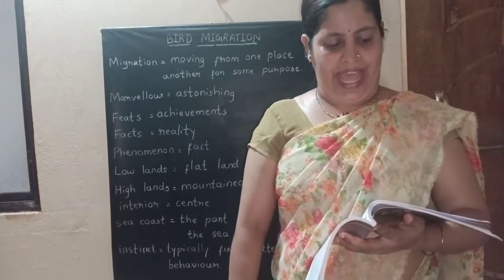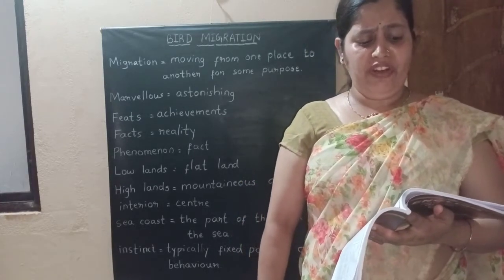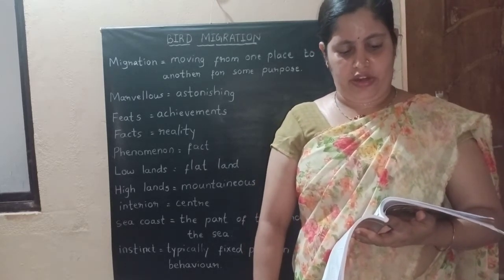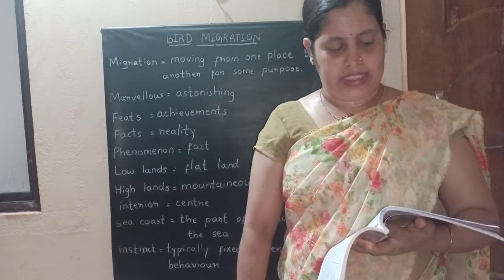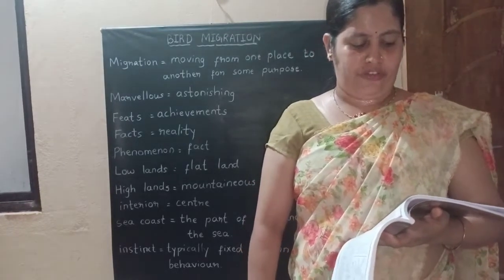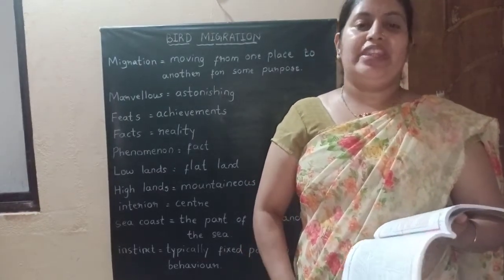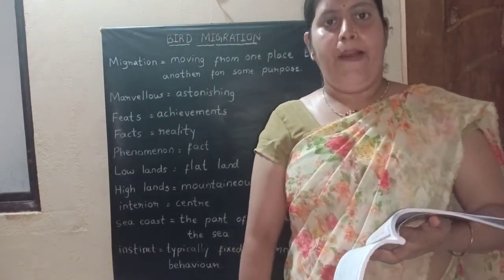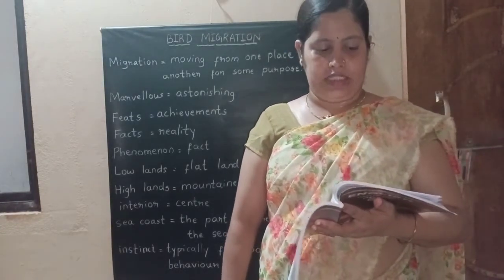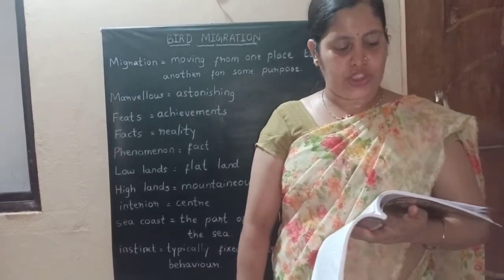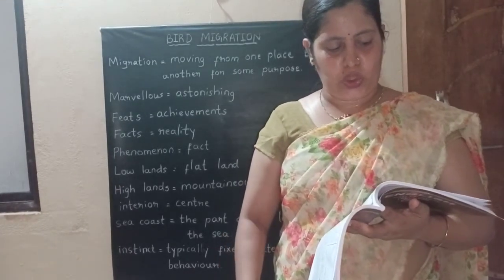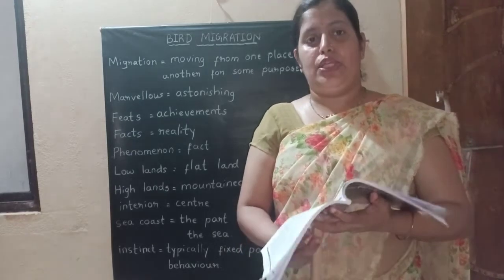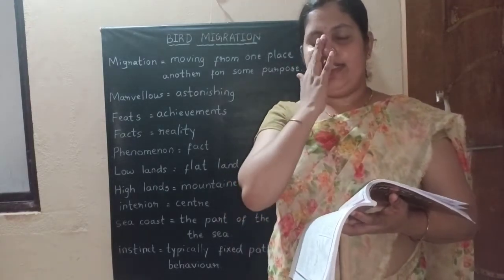So there is one activity. Before reading the text, work with a partner and answer the following questions. Base your answers on your knowledge of the topic. Okay, this I will give you as a homework. Discuss with your parents. Okay, children, discuss with your parents. There are some questions. What words would you use to describe animals and birds? So what are the words you will use to describe animals and birds?